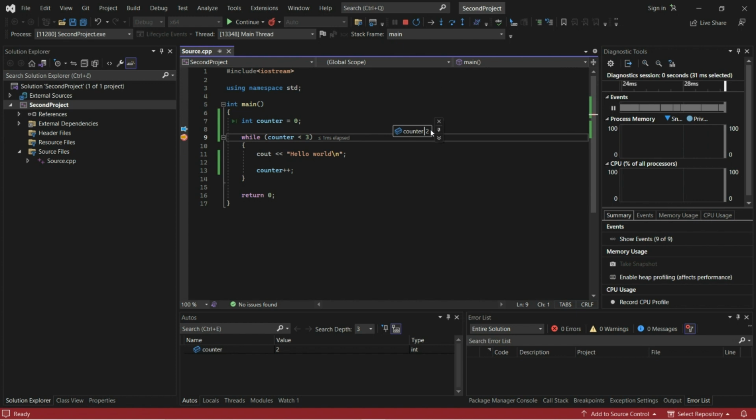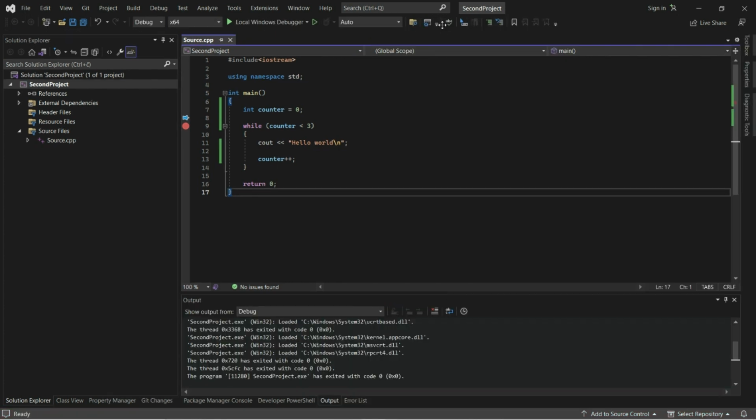And after second iteration, counter variable is 2. Loop goes in third iteration, condition is again true, and after third iteration, counter variable is 3. So condition is false, so while loop is terminated. So this is the way you use breakpoint to see how variable is changing.